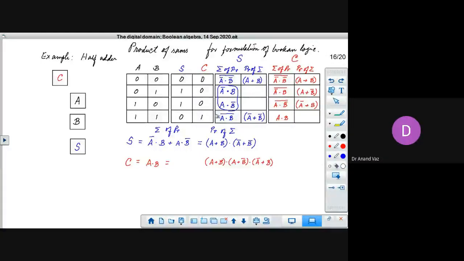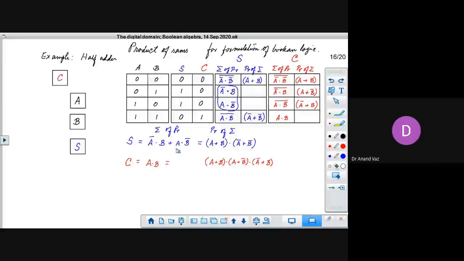So when is this technique beneficial? When you have less number of zeros in your output in comparison to the ones, then you will have less number of sums. Got it? But you will have more number of products.